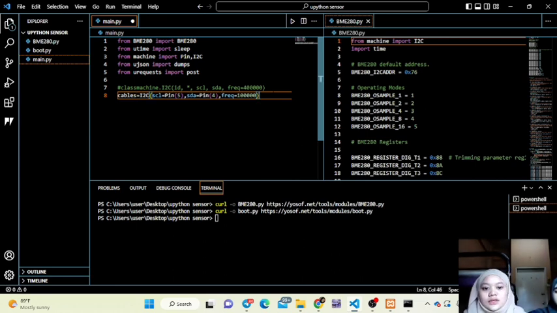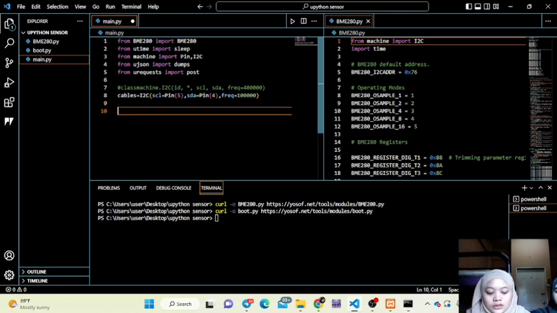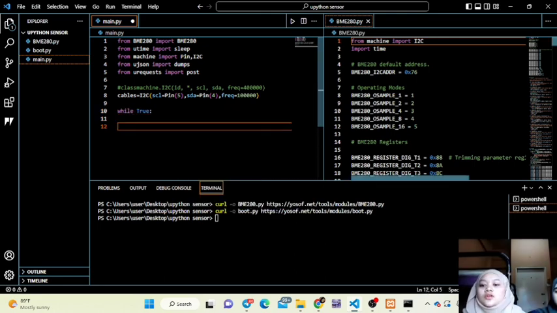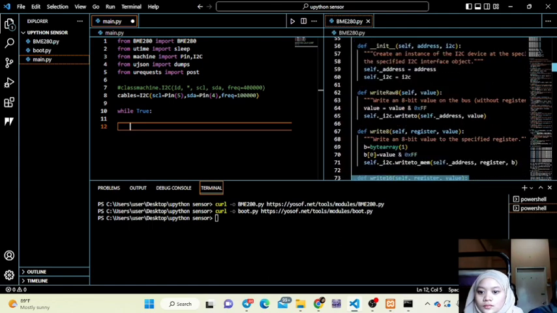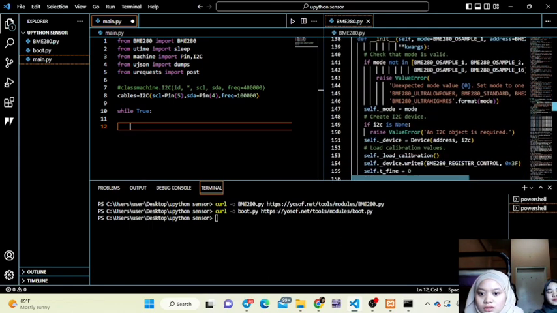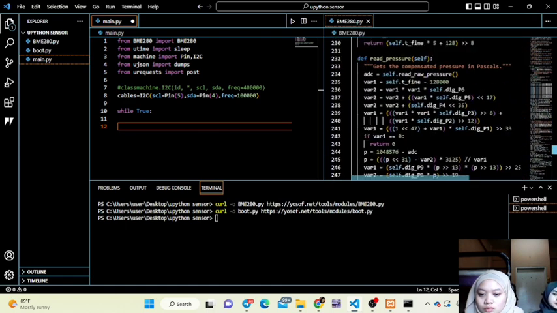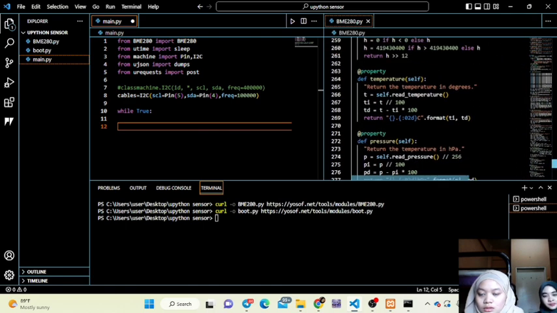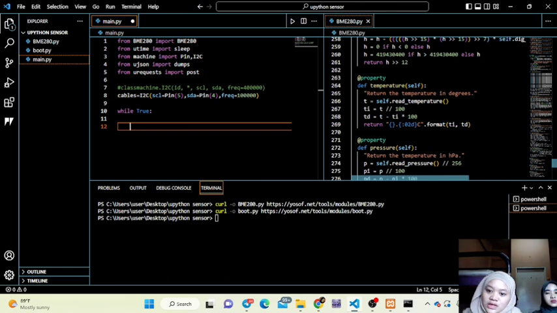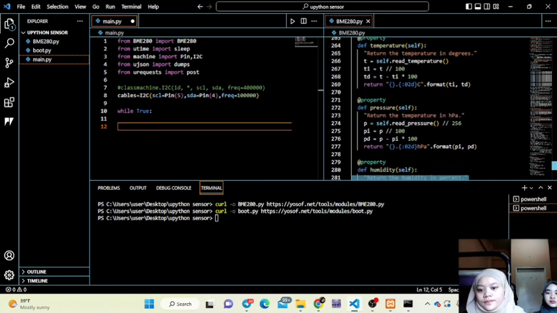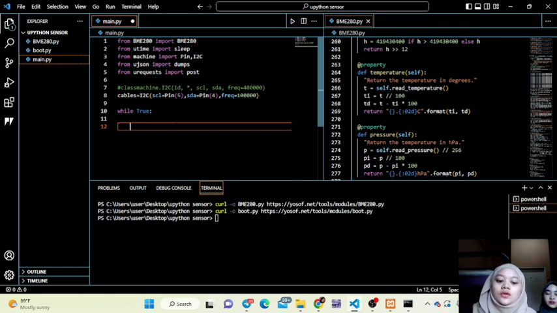So next we need to create a loop, while True. In the class we have properties of the temperature, pressure and humidity. So for T, the temperature, we use float because the output is a number. So float,